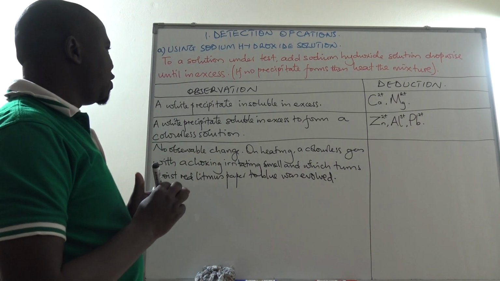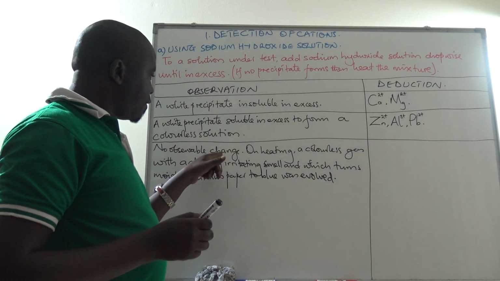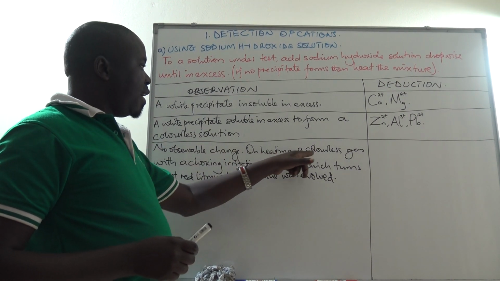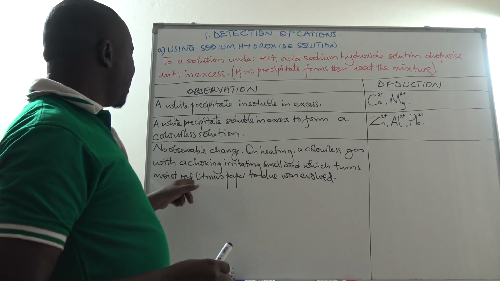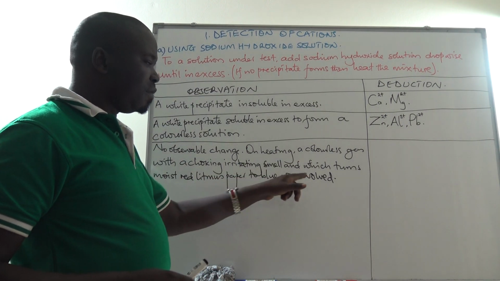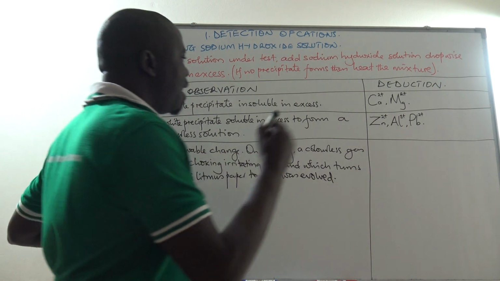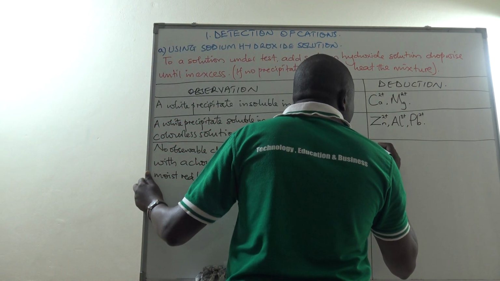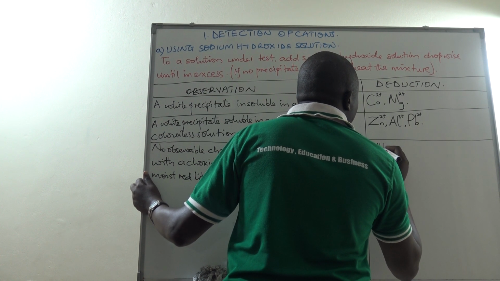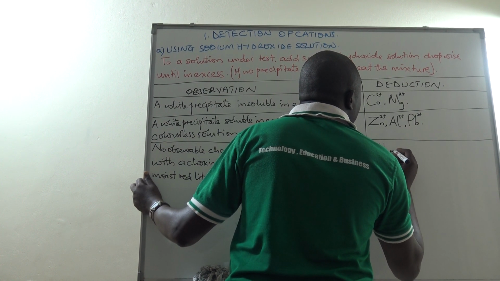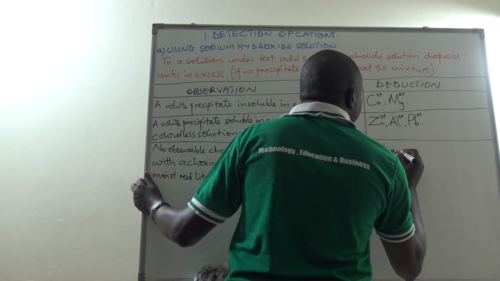So no observable change, no precipitate formed. Then on heating, a colorless gas with a choking, irritating smell, and which turns moist red litmus paper blue was evolved. This gas is ammonia gas. We need to identify any gas that is produced. So ammonia was evolved,